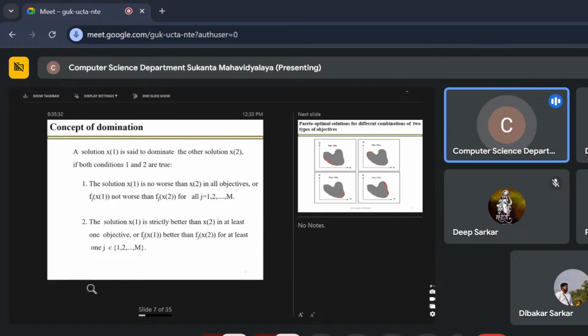5 is greater than 3, which I have already explained. Now, when we deal with a higher dimension situation, then the real flavor starts. So both the conditions need to be satisfied. No negotiation is possible. What is condition number 1? x1 is said to dominate. In that case, the first condition is the solution